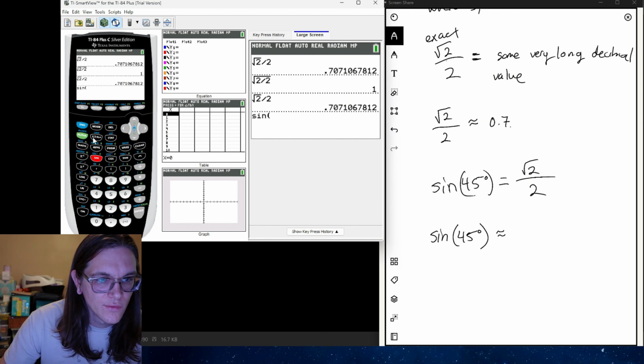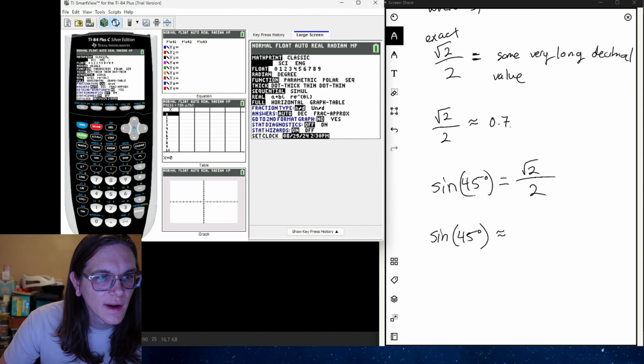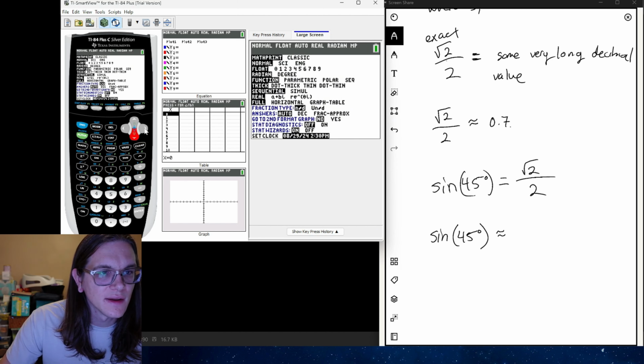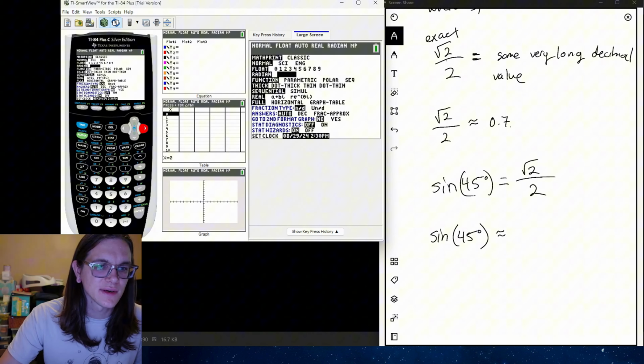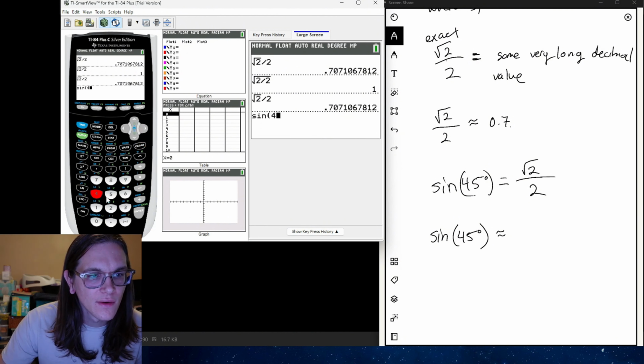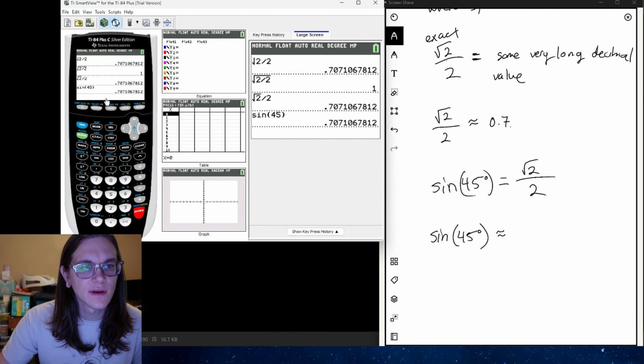Going into our calculator, sine of, what am I doing? 45 degrees. This is going to be in radians. So a quick lesson here is to hit mode, as I just did. I'll go back, hit mode and go down to the radian degree option. It'll be different on different calculators, but on the TI-84 it's pretty standard. Change this to degrees. I think it's clear to get out of there. And when I put in 45, it's going to give me